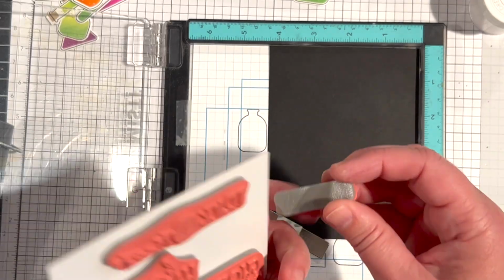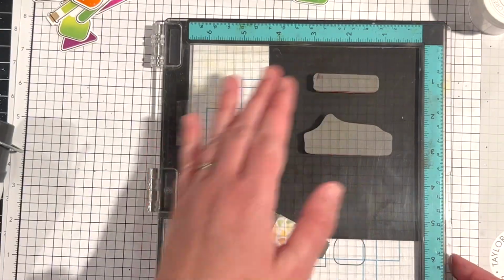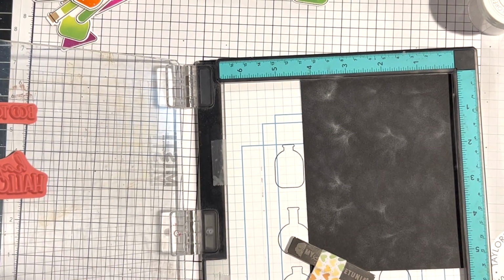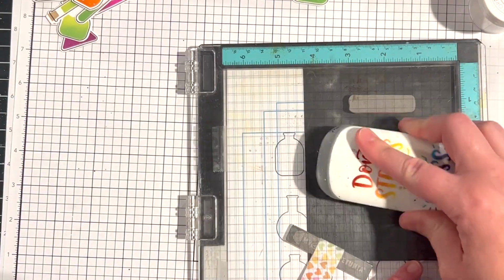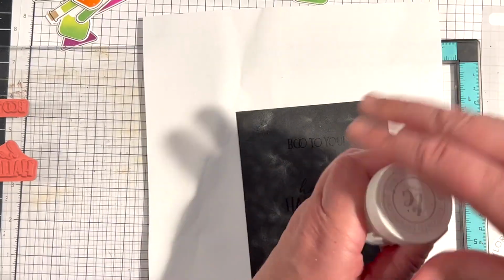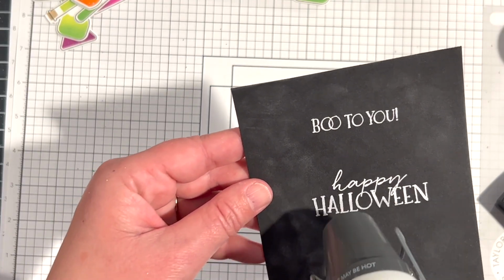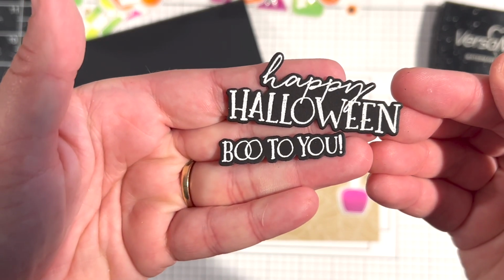I chose the Boo to You and Happy Halloween sentiments from the Ghostly Greetings stamp set. I'm embossing these in white on black licorice cardstock. So I'll condition the cardstock with my powder tool, and then I'll stamp these sentiments with Versamark ink. I sprinkled the sentiments with white embossing powder, and then I used my heat tool to melt the embossing powder until it was shiny. I cut out the sentiments with the coordinating dies,